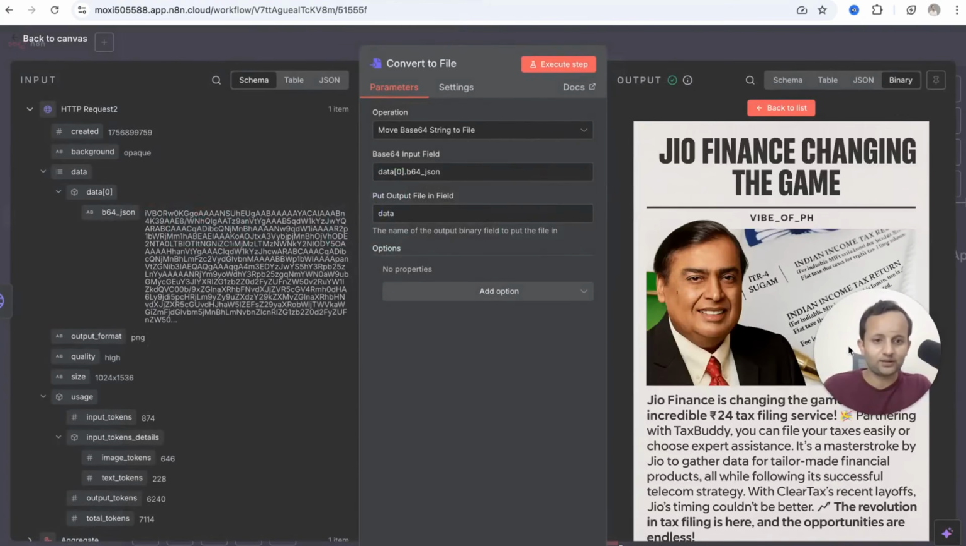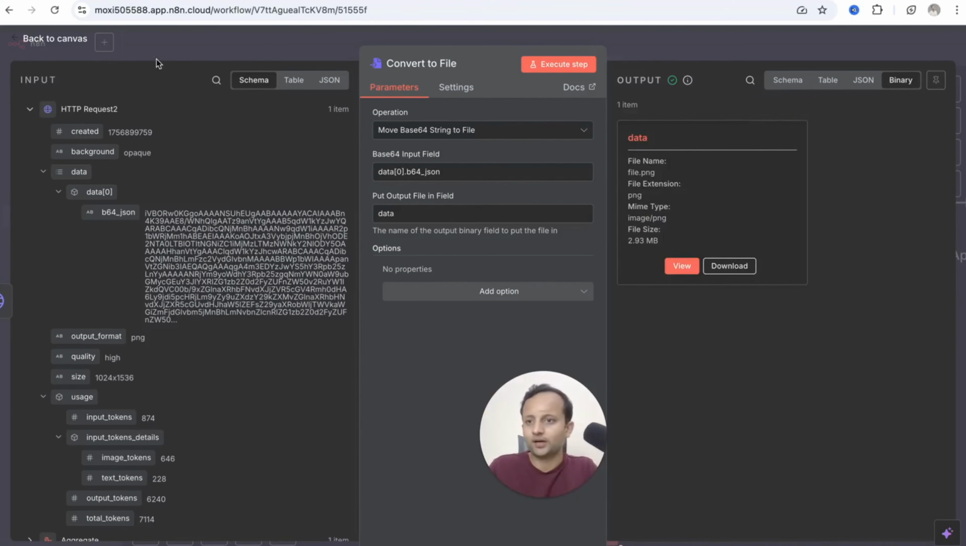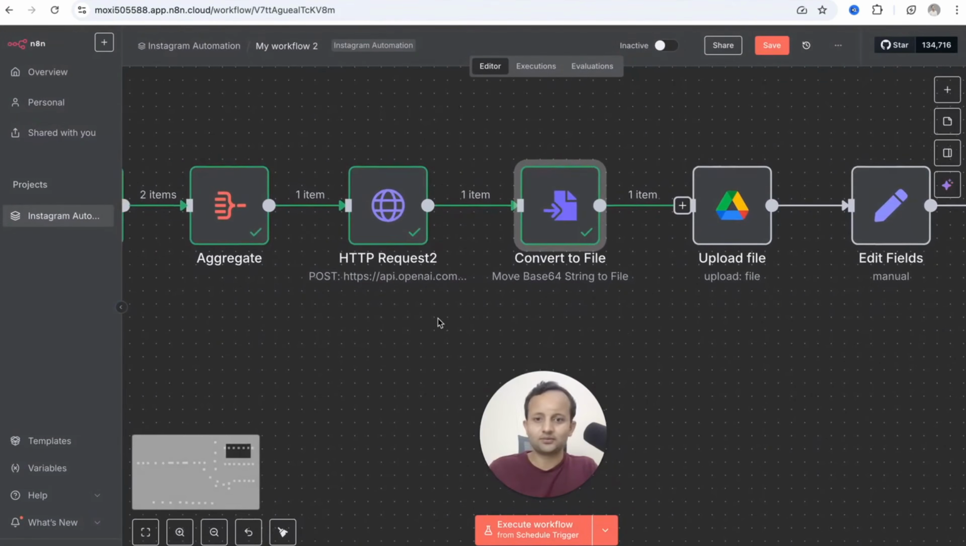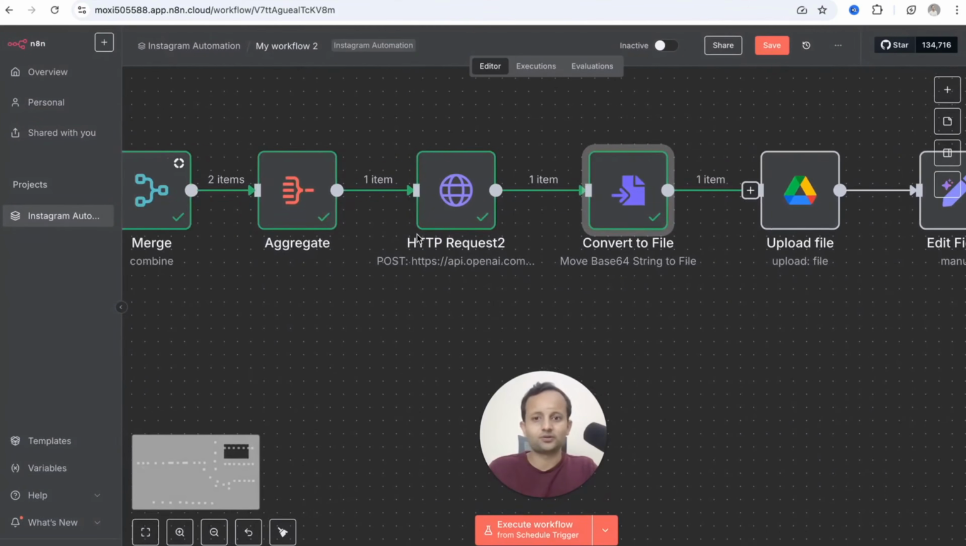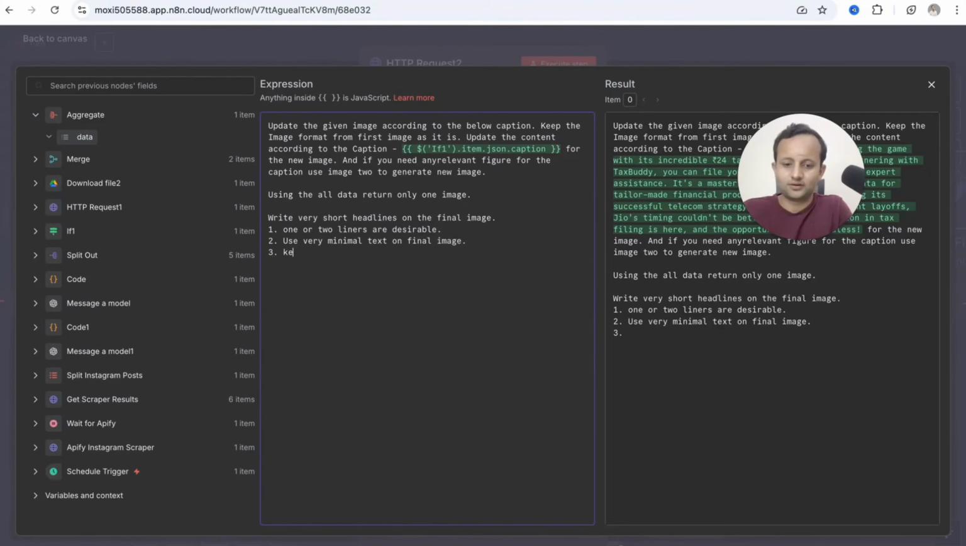As we come here, okay, so it followed the headlines: GeoFinance is changing the game, but still it has written a long text. Okay, so let's tweak it again. Let's go back. Sometimes you have to deal with a lot of prompting, because prompting is something that will give you the final output in a fine manner. Conversational